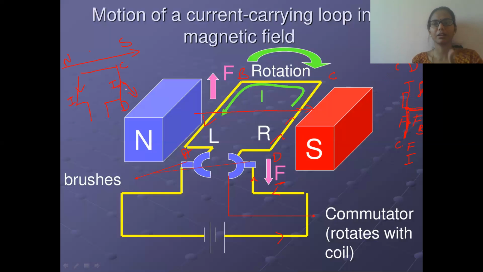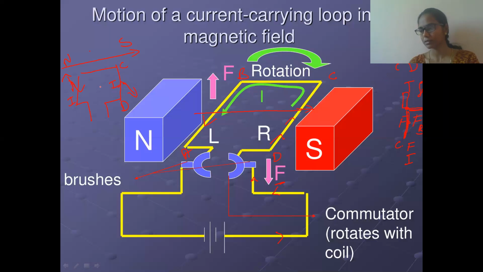In wire D and C, because of the current going in D and C, the force will act in the downward direction. Similarly, when the current is moving in the backward direction, you can see this finger indicates the current, it is coming in the backward direction. The field is moving here and the thumb is pointing in the upward direction. So the force will now be in the upward direction because of this. Right, children? So the force is going in the upward direction.